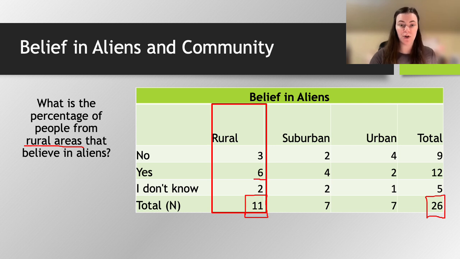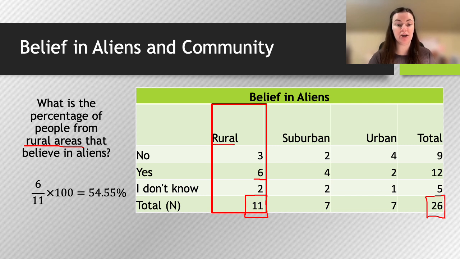So all we need to do in order to calculate the percentage is take the individuals that said, yes, I do believe in aliens, which in this case was 6, and divide that by the total number of people that indicated they were from a rural area. So that's where I'm getting this 11 figure down here. If I were to have asked you just to calculate the proportion, all you would have had to do is stop at this step here. It would have just been 6 divided by 11. But in this case, the research question is asking specifically for a percentage, so we need to multiply our proportion by a figure of 100 to get to a total percentage of